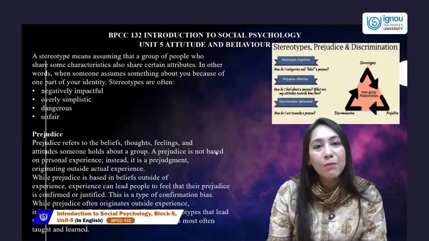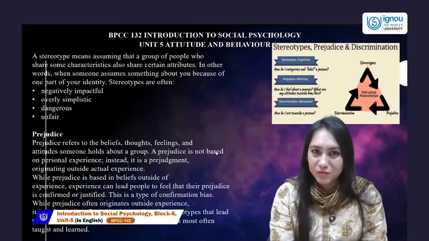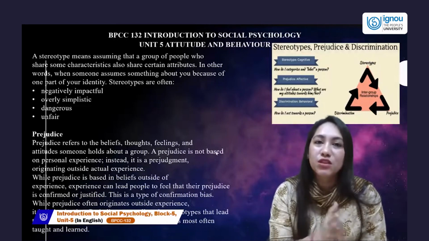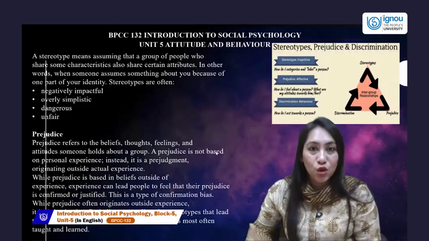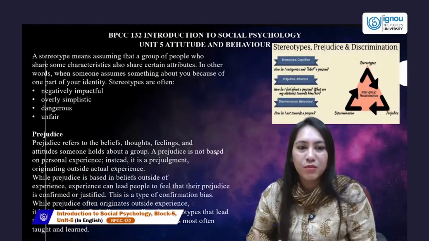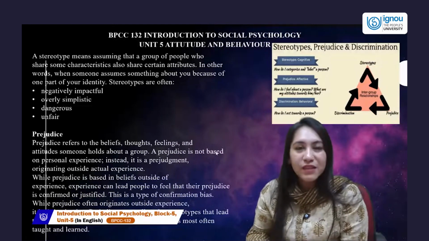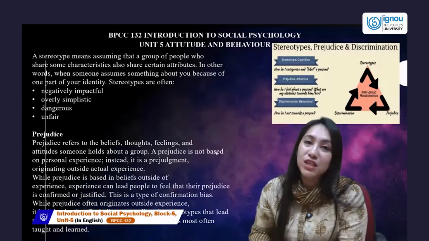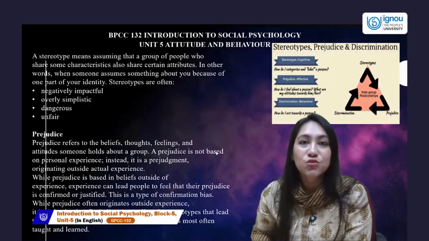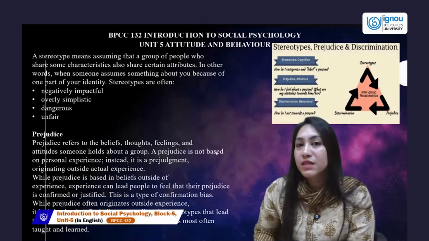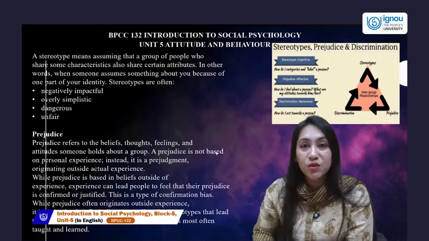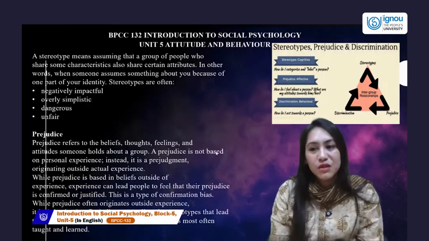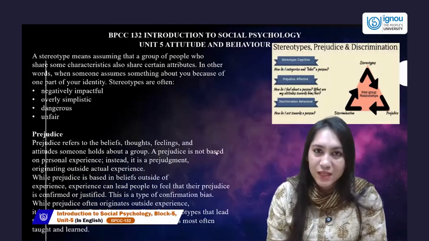Because we learn about other communities from people, which is an assumption, which is a stereotype. It's a label that people have given to another group. Once that label is thought and felt and probably assumed a little more, that converts into prejudice. And when this prejudice gets confirmed, you take it towards discrimination, which is acting towards that communal group. We could be discriminating, we could be harsh, we probably could be withdrawing from that group, which is the entire triad of stereotype, prejudice, and discrimination coming into play in our society.